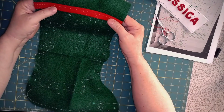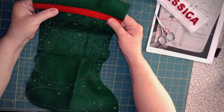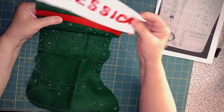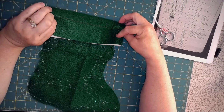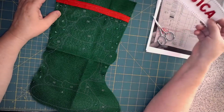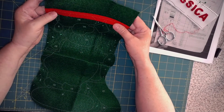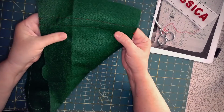And that's true. I've always stitched my pieces all the way around, whether they're going to get another piece stitched on top or not, simply because when I stitch this piece down, I probably will not go all the way through to the back. So then I'm going to have this kind of looseness, and I don't want to have that on any pieces that are not stuffed or something like that. So I did stitch it all the way around,